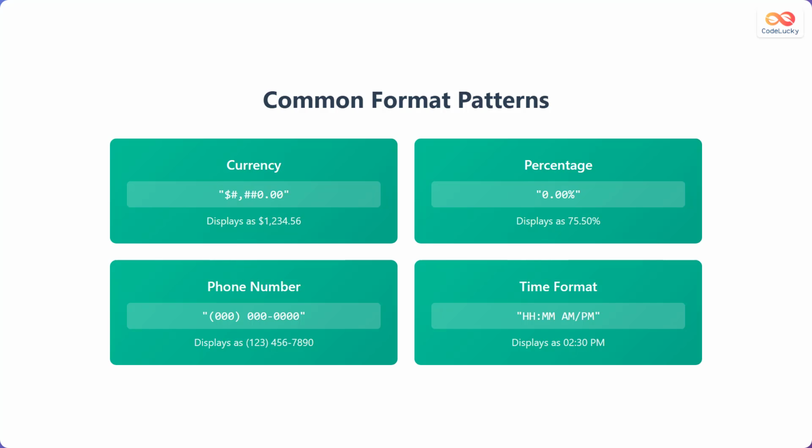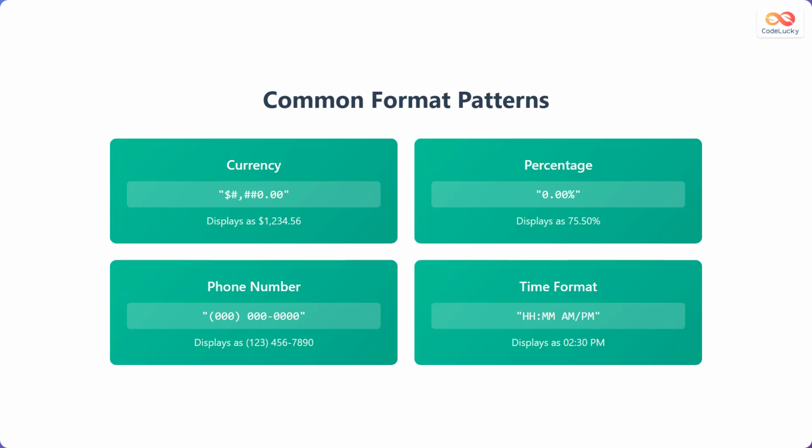Now, let's explore some common format patterns that you can use with the TEXT function. For currency, use the format code $##,#0.00. This will display the number as, for example, $1234.56. For percentage, use the format code 0.00%. This will display the number as, for example,